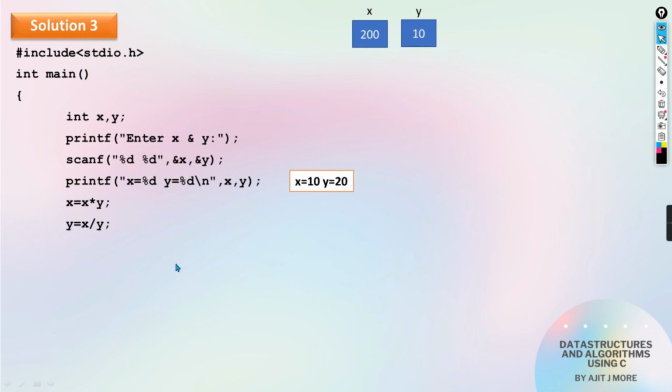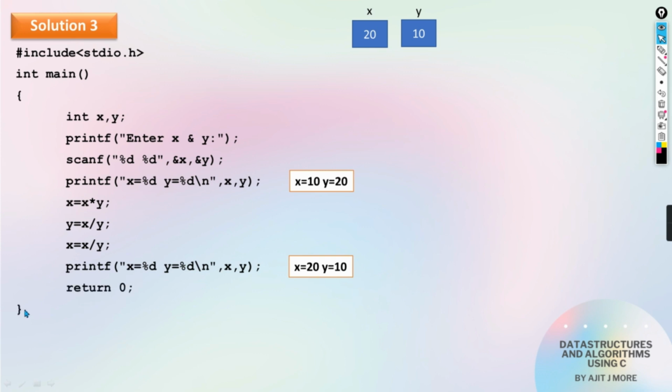10. And again what you'll do is, you will divide x by y, but the quotient you will keep it in x. So 200 by 10 is 20, and that 20 you will keep it in x. See here, x is equal to x by y. After that, see here, x by y, that is 200 by 10, the value will be 20. Can you see the values are exchanged? And after exchange, display x and y. It will be 20, 10, and return 0, and your main is over. I hope the third solution is also clear to you guys, isn't it?